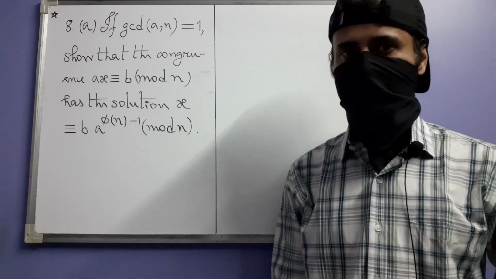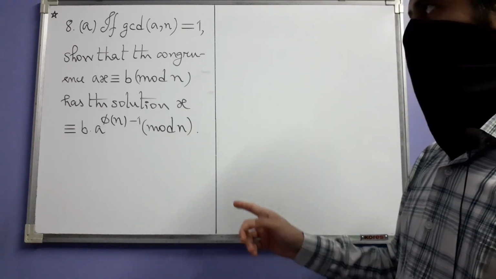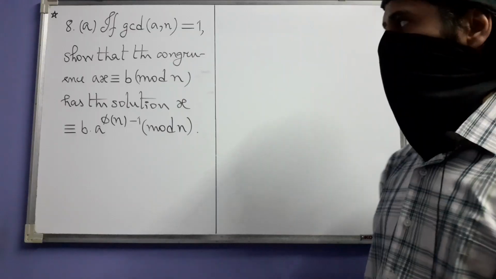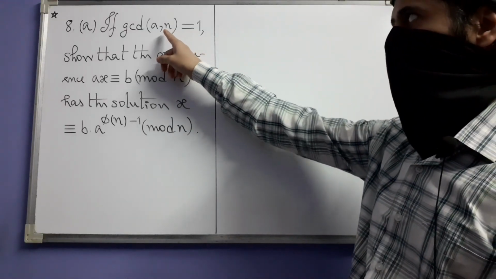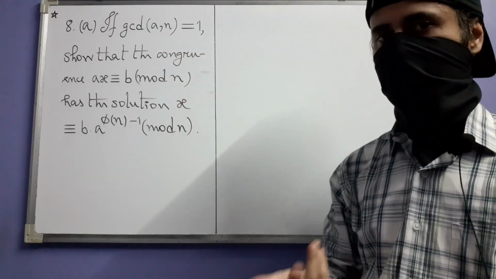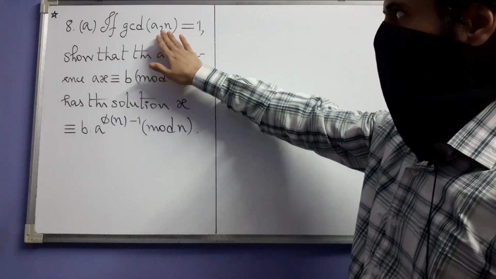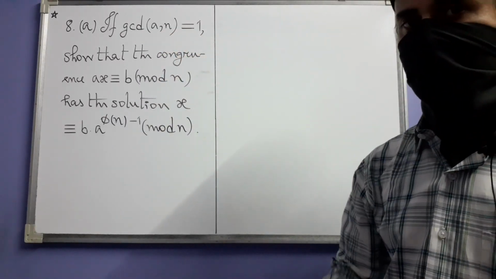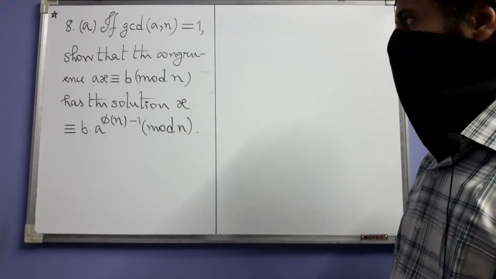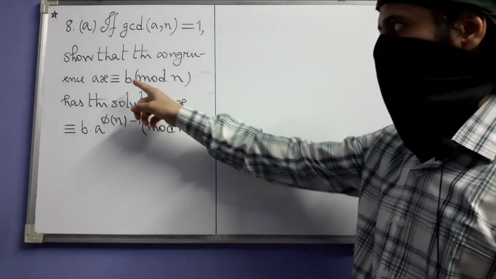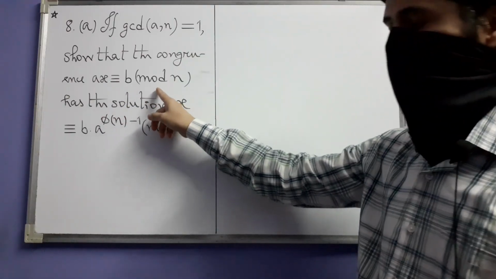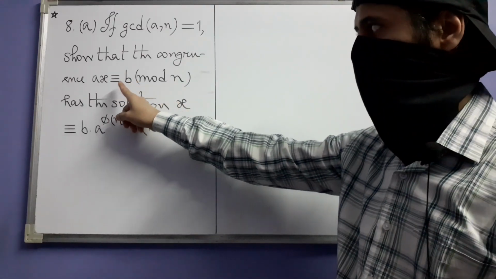Next, let's see exercise 8. This is part A. There is a part B also. Two integers a and n are given, where n of course is positive. A may be negative also. It is given that a is relatively prime to n. Their GCD is 1. Then we have to prove that a solution of this linear congruence, ax congruent to b